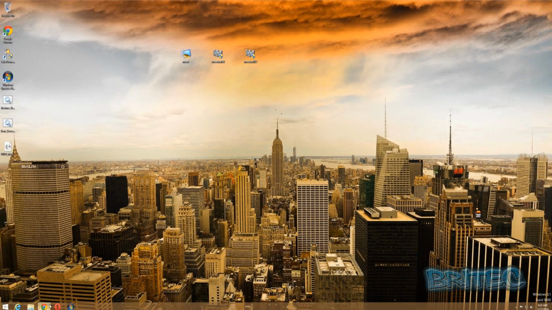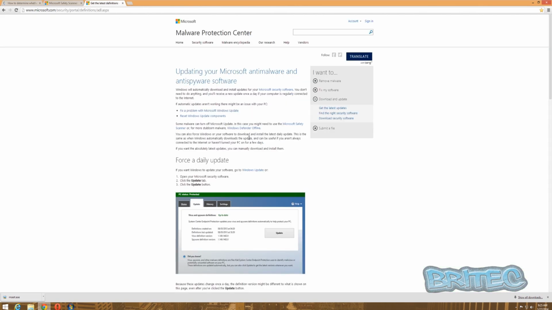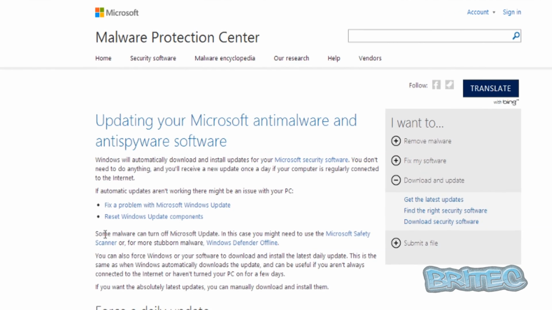Now there is another option you can do as well. If you don't want to run this scan, you can come to this site here, which is your Windows Defender. If you come down here and have a look at your Windows Defender, you will see it says some malware can turn off Microsoft updates. In this case, you might need to use Microsoft Safety Scanner, or for stubborn malware you can use Windows Defender Offline. That's what I would use rather than the Safety Scanner. So you can download this. You just hit this button,